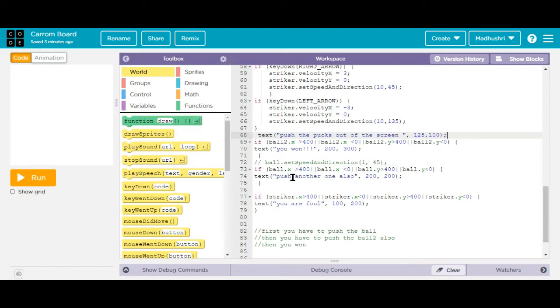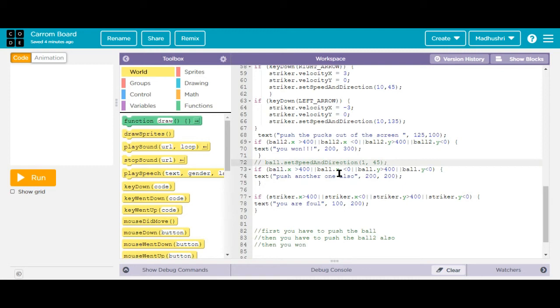Next one, ball dot speed and direction. If ball 2 dot x greater than 400, then ball 2 dot x less than 0, then ball 2 dot y greater than 400, then ball 2 dot y less than 0, it will be coming as u1.